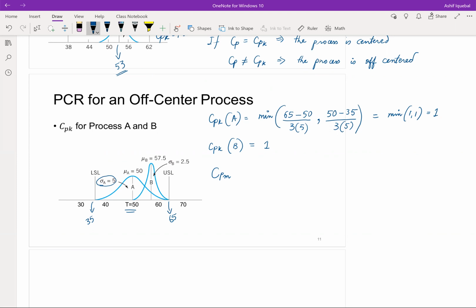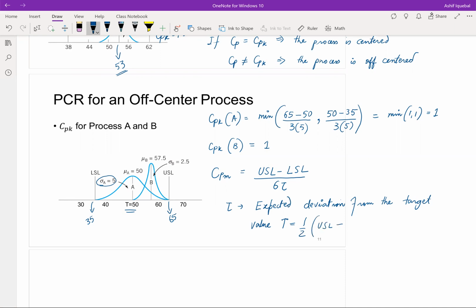And CPM is given as USL minus LSL divided by 6 times tau, where tau is the expected deviation from the target value, T, which is given as half of USL plus LSL. Okay,